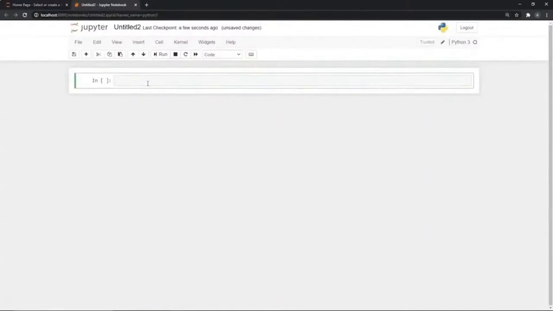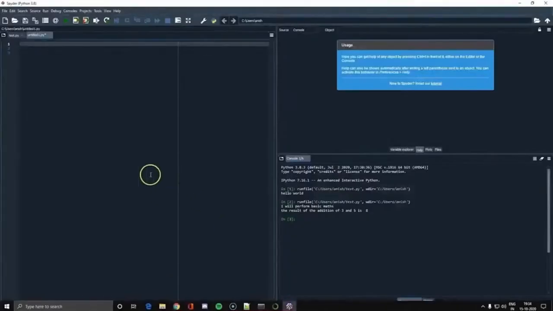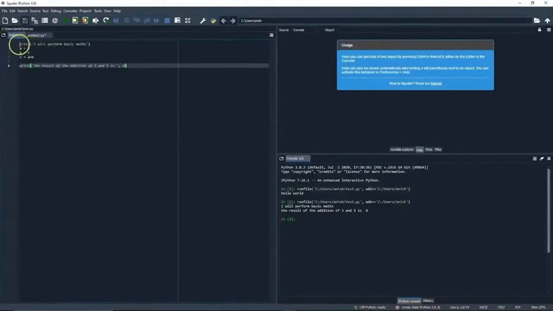Now, if you would have noticed, until now, everything that we were doing involved creating a script, which was a whole series of commands and functions. So if I go back to my Spyder IDE, as you can see, this is a whole script, and this script contains multiple different tasks and functions that are individually being performed. So this is a separate print function.